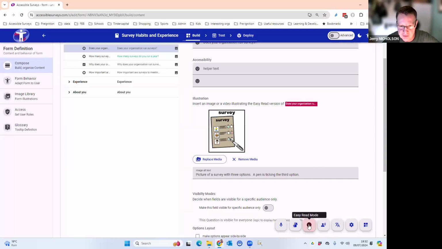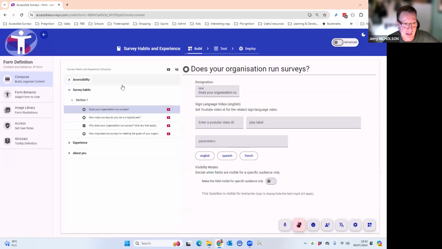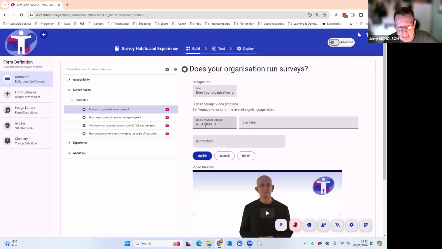I'm coming off the easy read mode and I'm activating the sign language mode. Here I'm seeing, again, the structure of the survey in sign language mode. I can see the different languages which the survey is available in. If I activate English, this is where I can enter a YouTube sign language video.